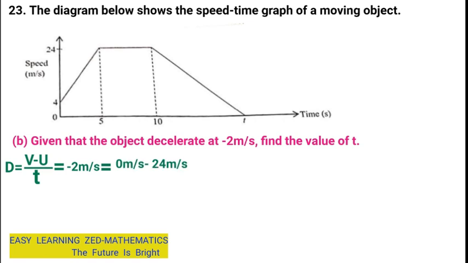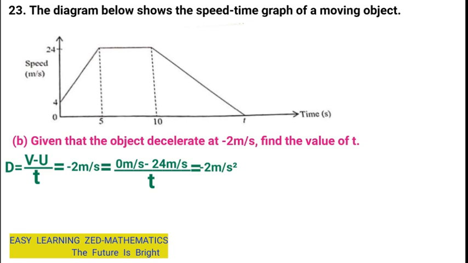So we write: minus 24 meters per second, over the time it took. We don't know the time; that's what we want to find. So I write: negative 2 meters per second squared